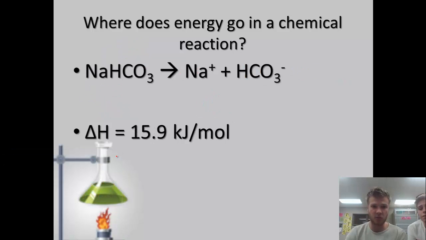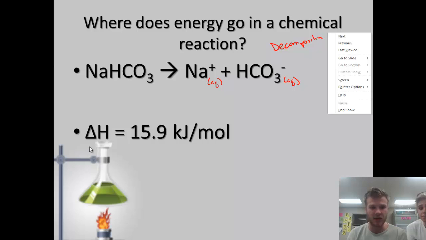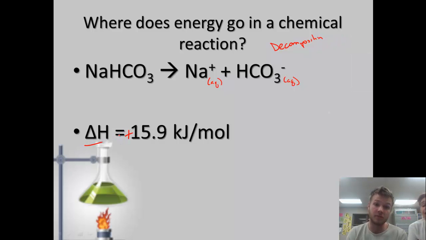Fabulous. Let's look at another one. Sodium bicarbonate decomposes into a sodium ion and a bicarbonate ion. Notice one thing splitting up into 2. Great time to review: what type of reaction is this? Decomposition, 2 things falling apart. My heat of reaction here looks to be positive. Positive means it is endothermic. So that means 15.9